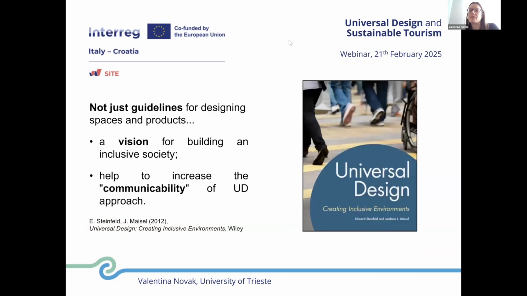The 7 principles of universal design are really useful not only as guidelines for creating spaces and products, as I said before, but also as a vision for fostering an inclusive society where everyone, regardless of their physical, sensory, or cognitive characteristics, can interact with the space and the world in an equal and fulfilling way. These principles are also very important for the communicability of universal design, which is crucial to promote its wider adoption. It's necessary to